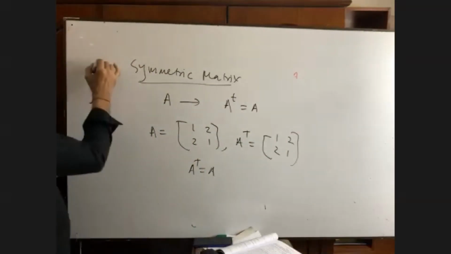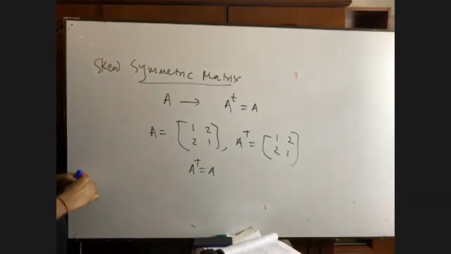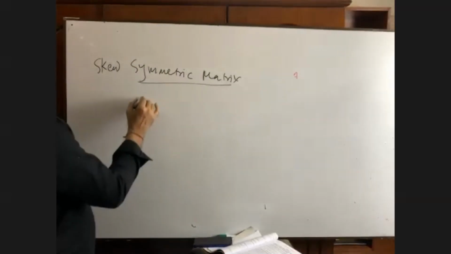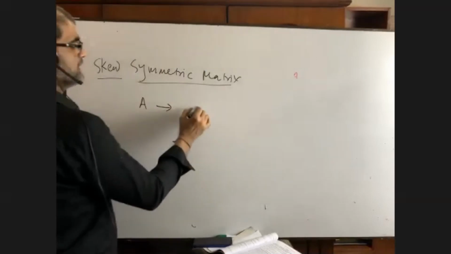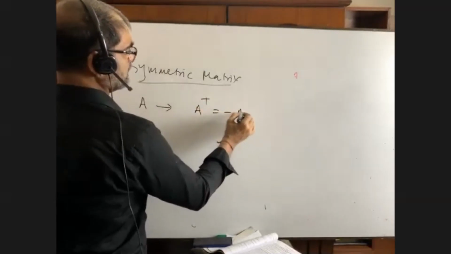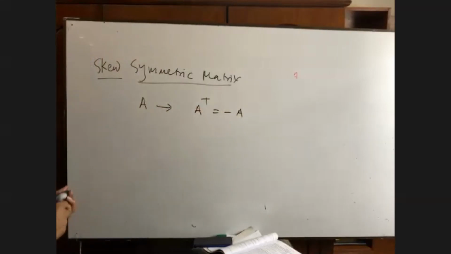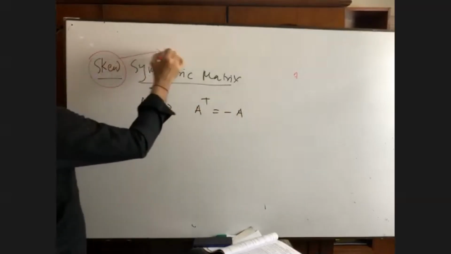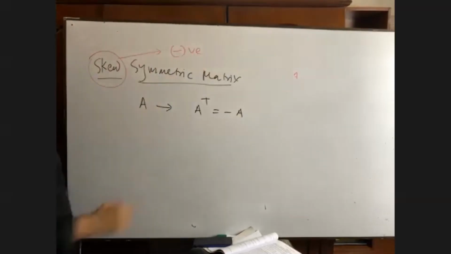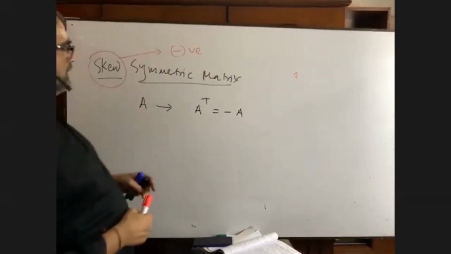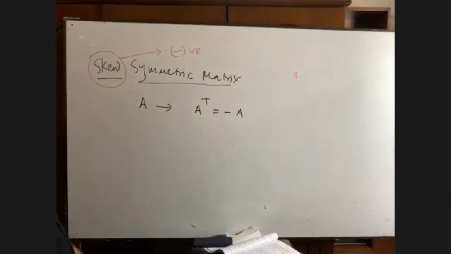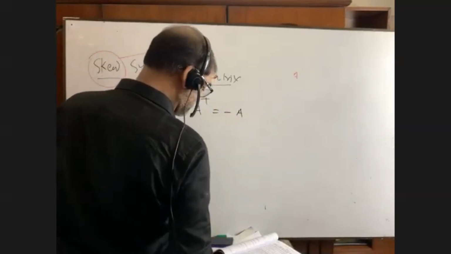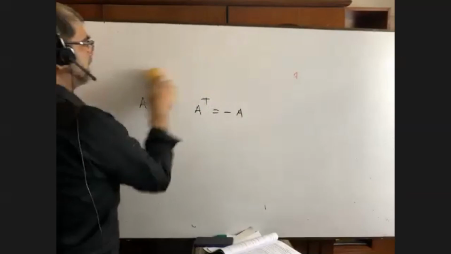And the next one is skew symmetric matrix. Same thing. A matrix A is called skew symmetric matrix if A to the power T equals to minus A. In mathematics and in statistics or anywhere, if you get this word, it means always negative. Remember one thing. Okay? Skew symmetric matrix will be when A to the power T equals to minus A. Are you getting me? Yes, sir.